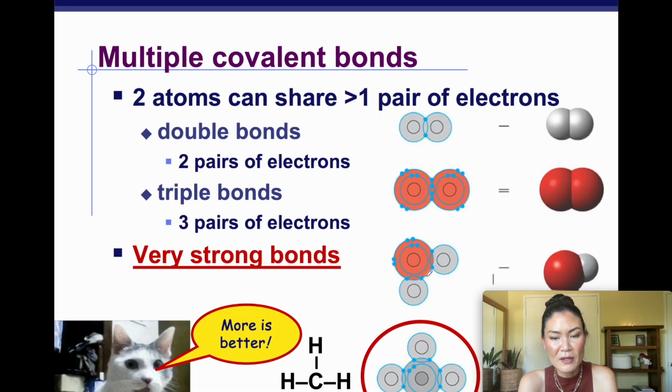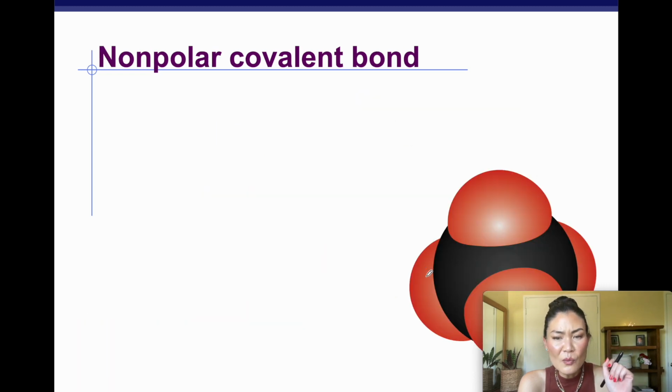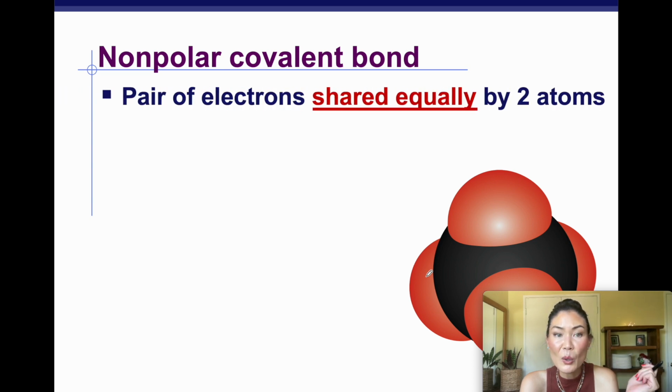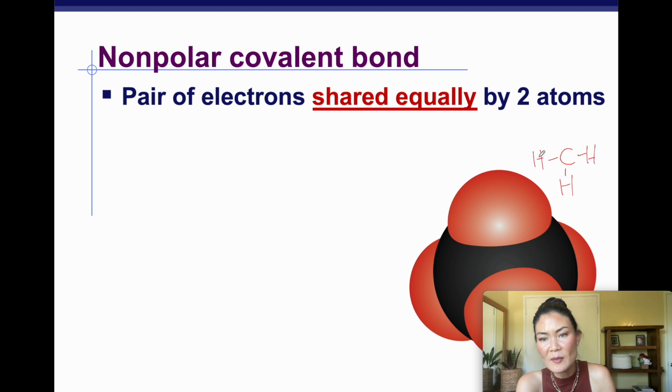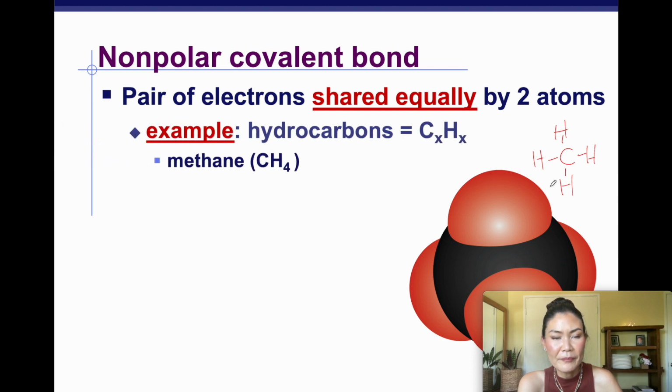Oh, okay. So yeah, there's methane, and it got cut off at the bottom. But anyways, the more bonds, the better, because it makes it more stable. Okay. So when carbon is formed, it forms a non-polar covalent bond because that carbon in the middle is sharing electrons with 4 hydrogen atoms equally. So the electrons are being shared equally. Methane was our example. So when the electrons are being equally shared, it's balanced, it's stable,